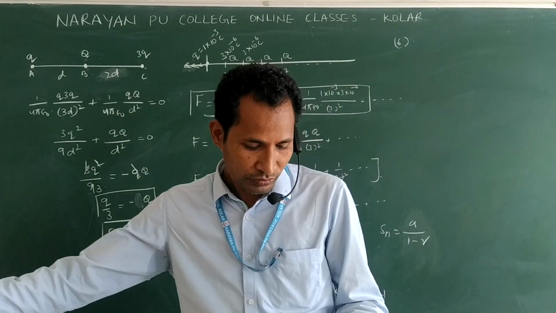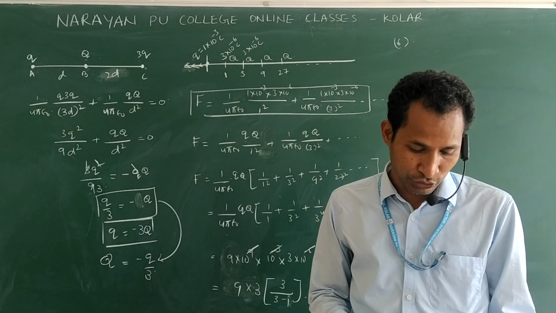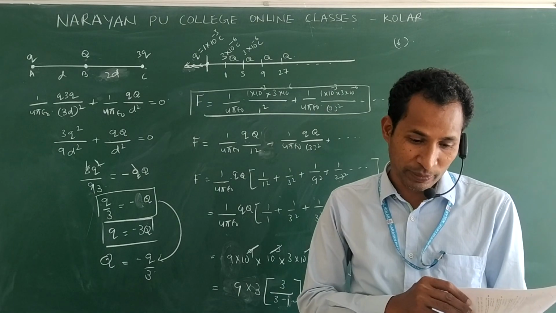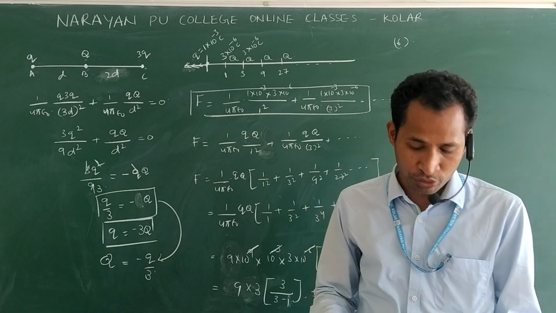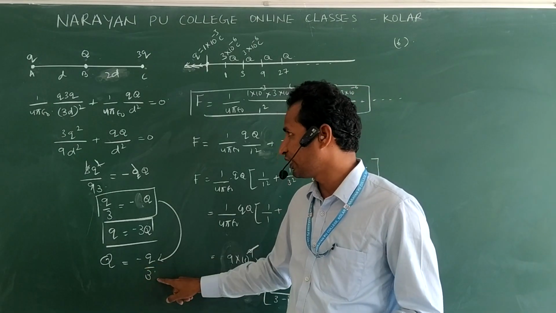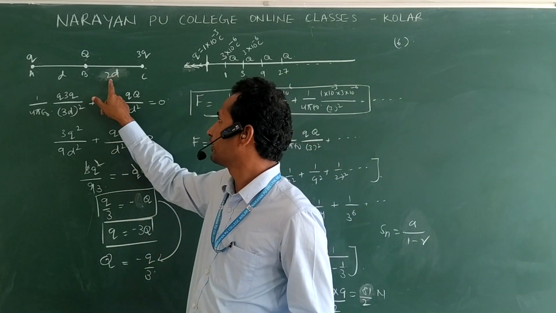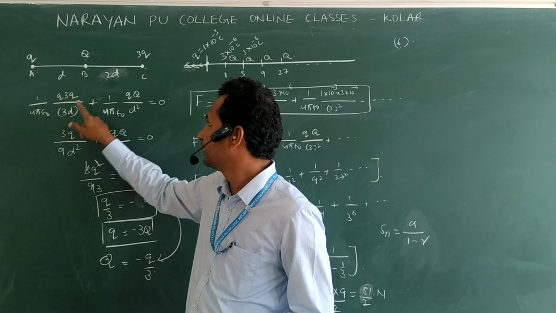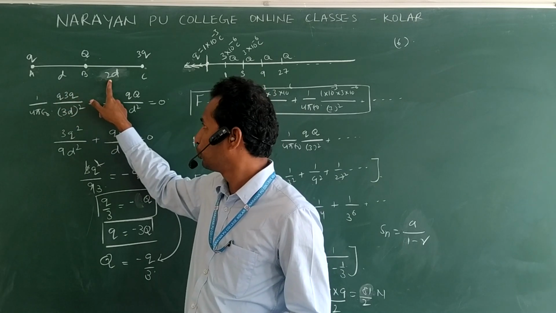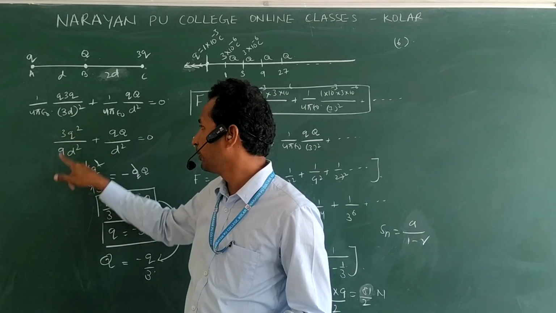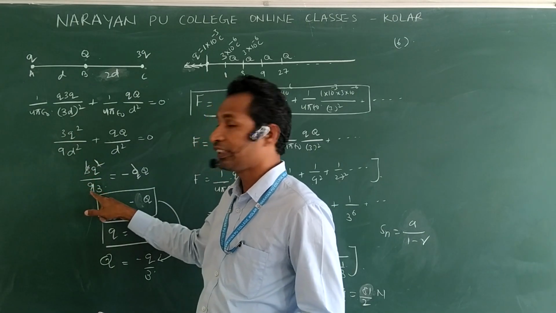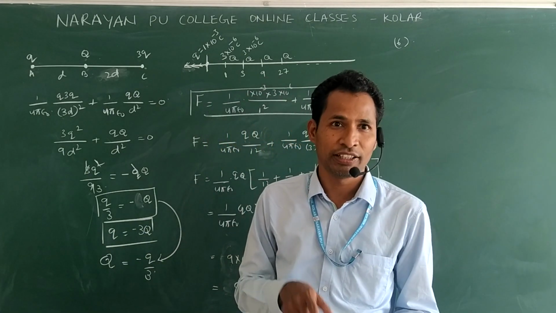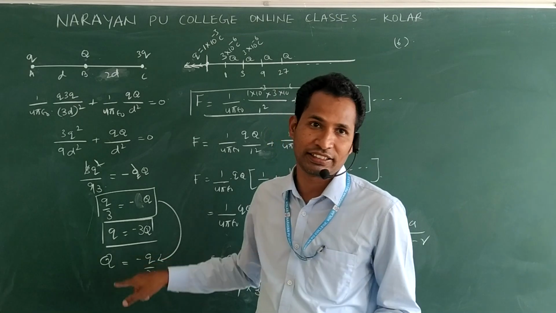Now, in the fourth question also, option given 2. According to the key, this is minus 3q by 4. But in our calculation we got minus q by 3. The mistake was they have taken d instead of 2d. Clear? If you take d, then d plus d, what happened? 2d square, it will be 4d square. So instead of 9, we will get 4. Then the given answer will be correct. But we followed the correct procedure. According to our calculation, this is the correct answer. Clear?